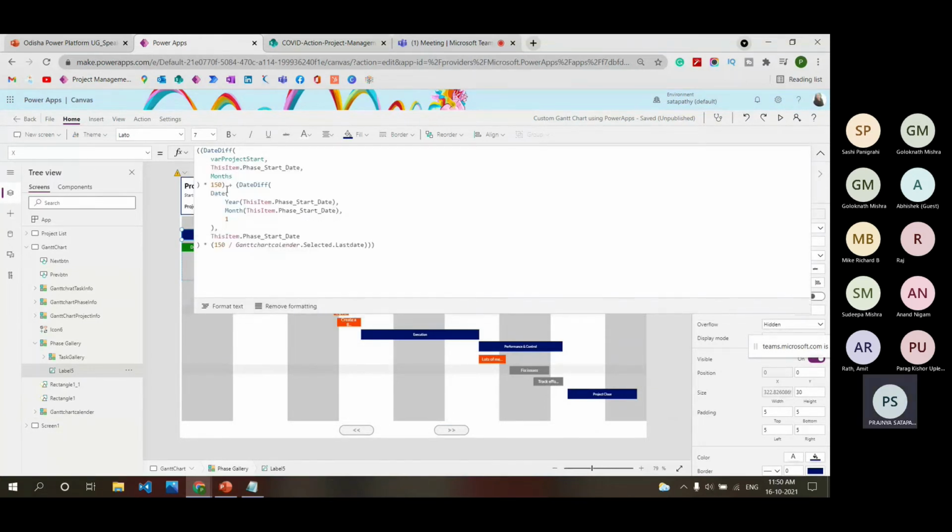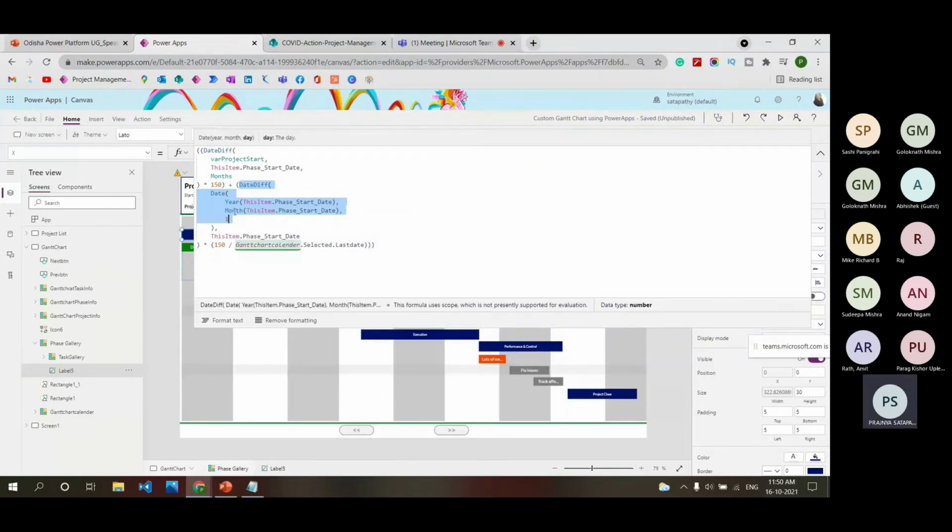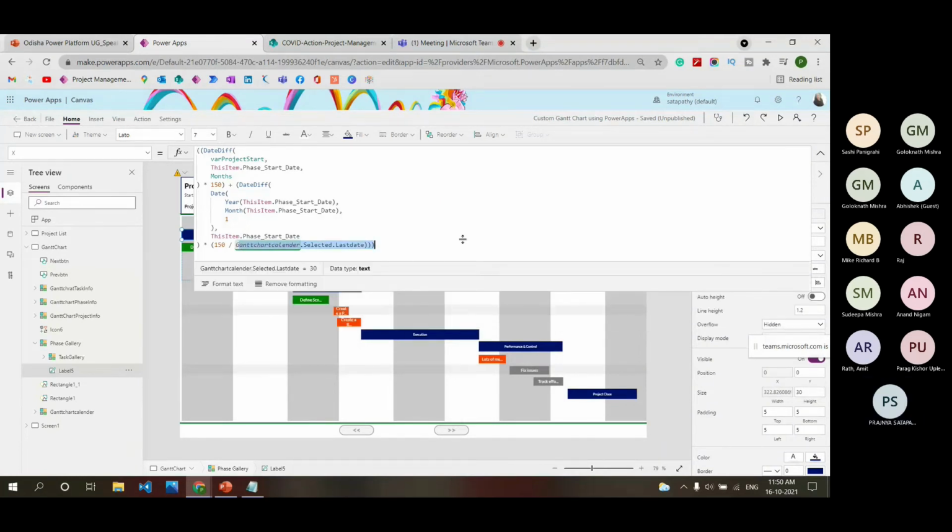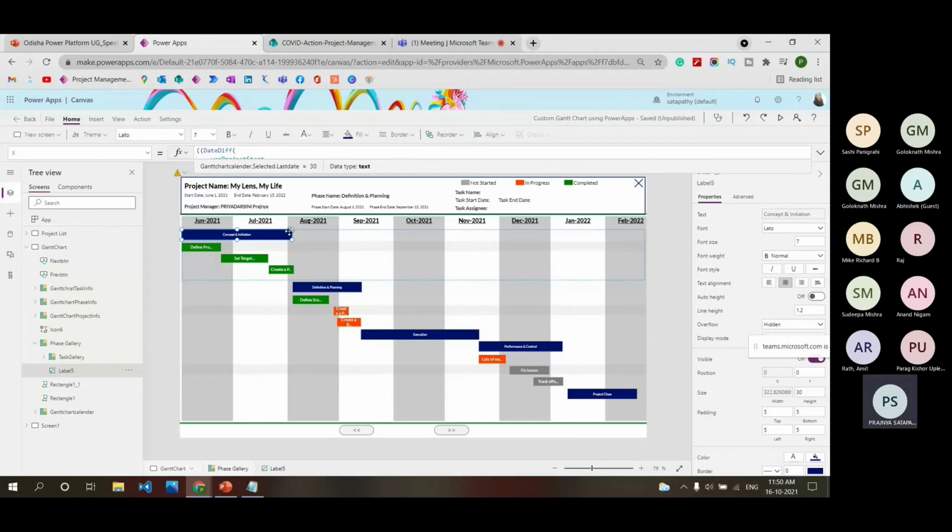Then the date difference of the phase start date in terms of year and month, and then I'm multiplying ThisItem.PhaseStartDate by 150 divided by the Gantt chart calendar selected last date. So this is the formula to place the X property of this phase.